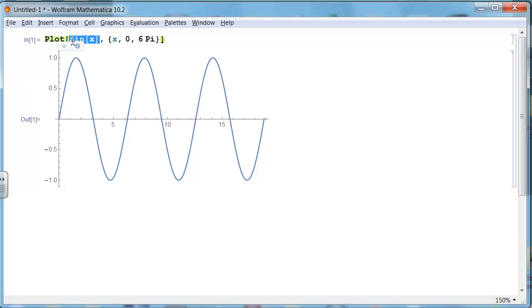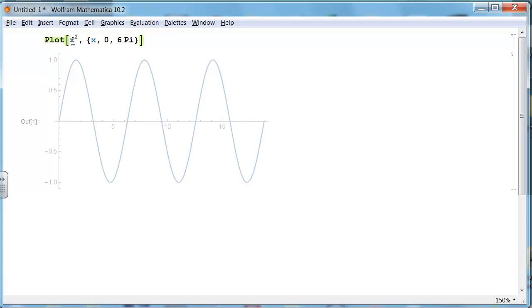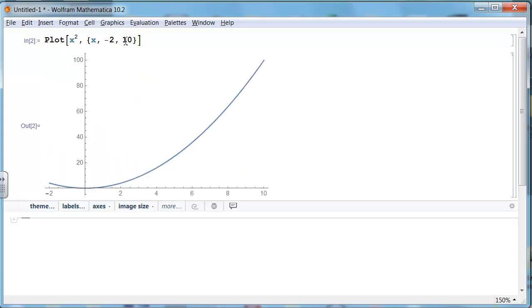I will probably be, instead of going shift caret for squared, I will be using control caret, because when you do control caret, you actually get an exponent looking thing. So x squared, and let's go from -2 to 10. And there we go. If we wanted to change the color of the thing,